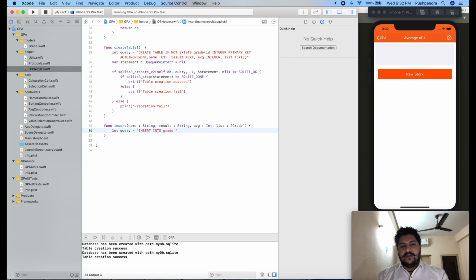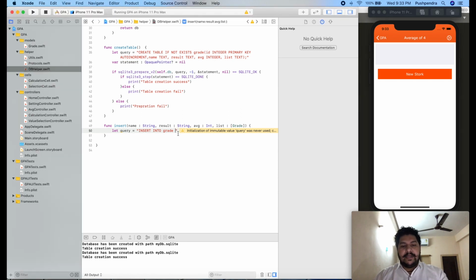INSERT is the keyword of SQL. This is the syntax to insert data into the table, and INTO means you are pointing to that particular table. This is something like PHP. If you have worked with MySQL queries, this is the same, nothing different.